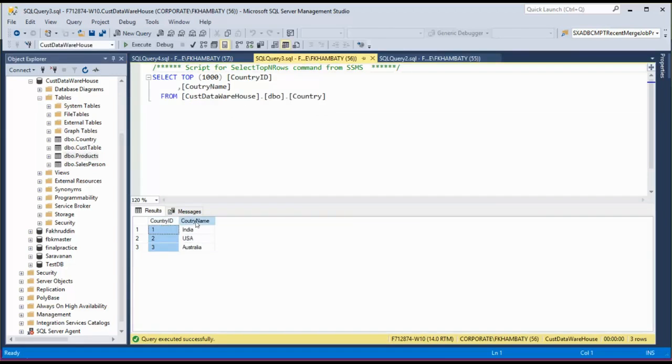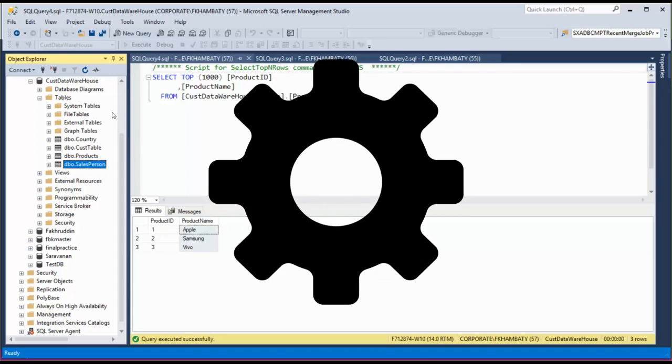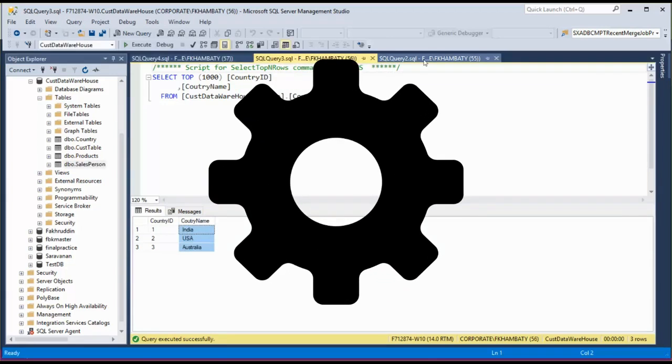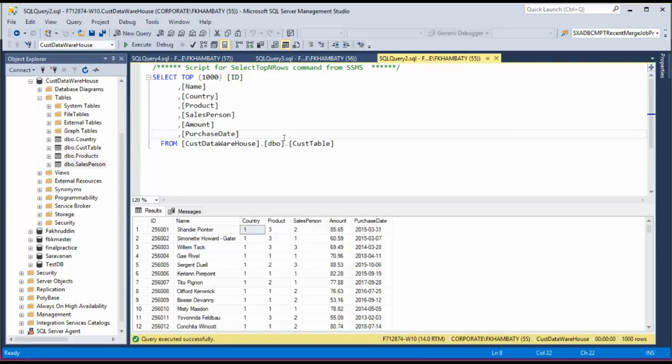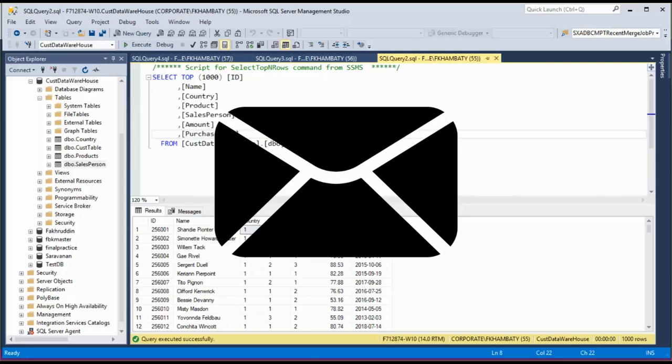Country will have country ID, country name, product will have product ID, product name, and salesperson will have salesperson ID and salesperson name. If you have any confusion creating these tables and populating data into them, refer to the previous videos. Otherwise, just contact me and I'll help you with it.